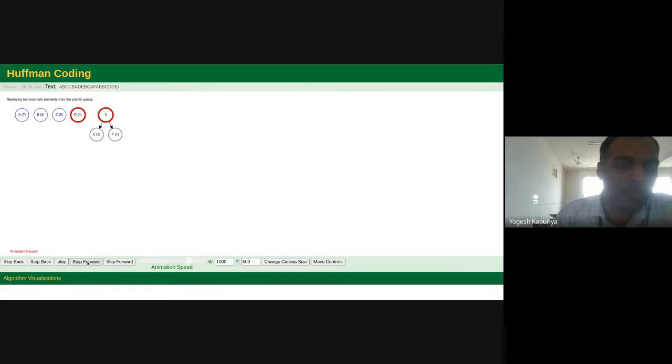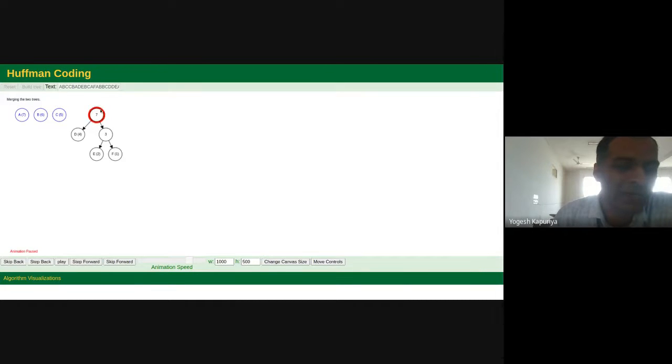Now next, you will find the next two nodes which have the minimum frequency. So the intermediate node 3 and 4 will be having that. So again you will create a new intermediary node.